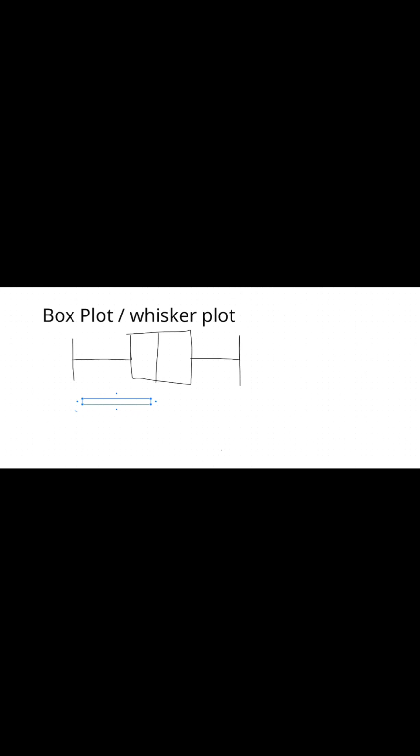In this box plot, there are multiple things you can see. First of all, the parts of the box plot. Let me write down everything for you. Parts of box plot. First thing is minimum. From the name itself, you can say that it is the smallest value, except extreme outliers.